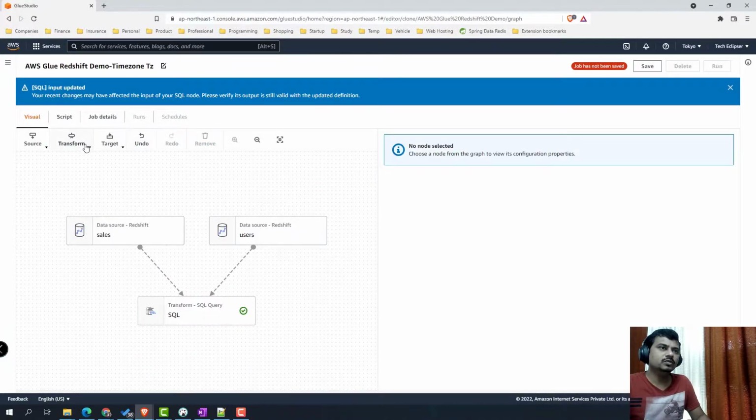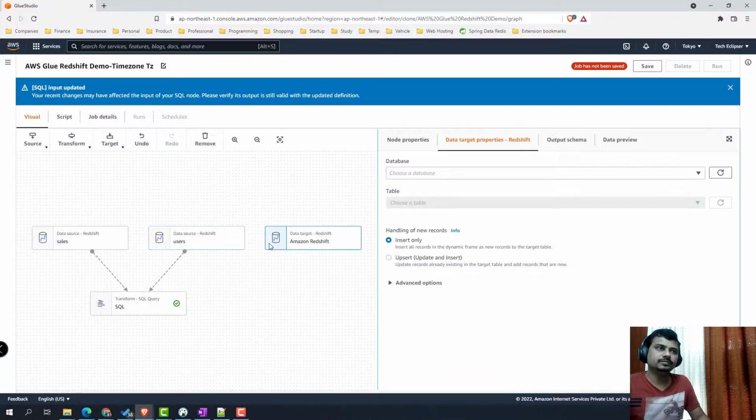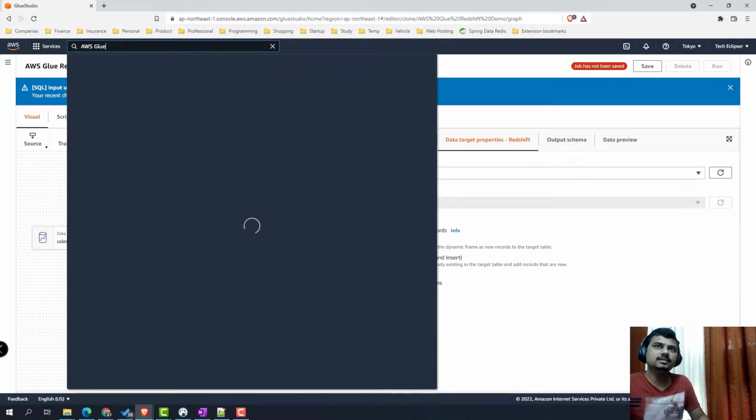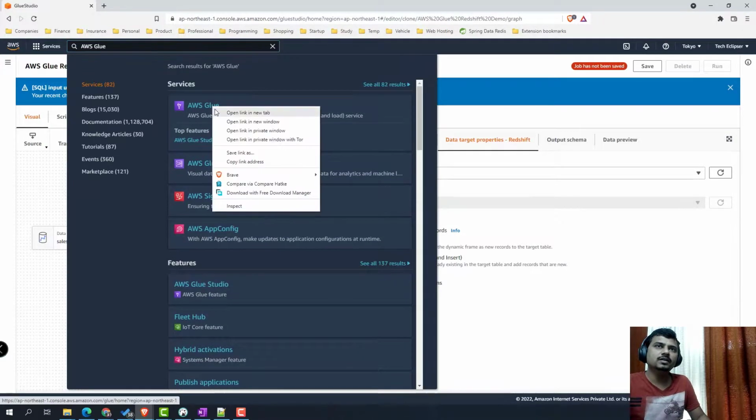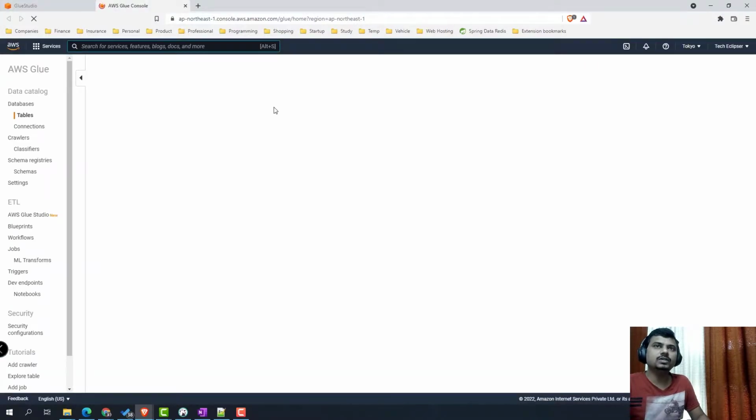Now we will remove this S3, and now the destination would also be Redshift. Here what we have done is we have the result of that join query, which we were dumping into S3. Now we are dumping into a Redshift table, and we have added one additional column to show the timestamp handling.